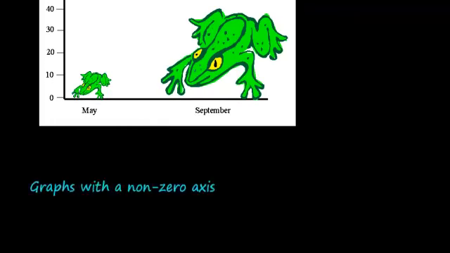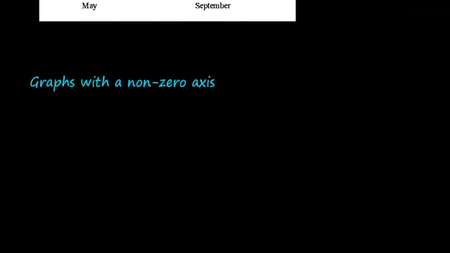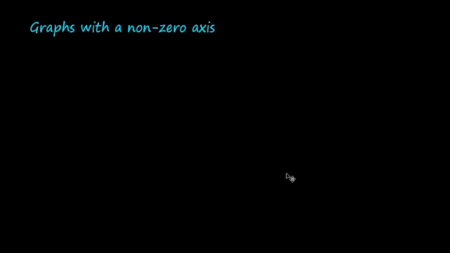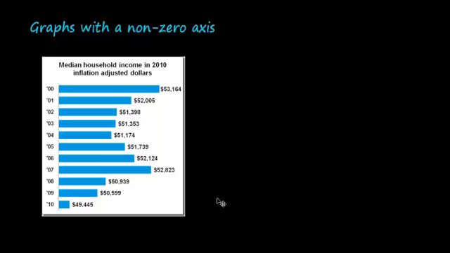Okay, the second way graphs can be misleading is when we have a non-zero axis. So let's look at how that would look. This is an example of median household income in 2010 inflation adjusted dollars. So for these 11 years, 2000 to 2010, they've recorded the median household income all adjusted for inflation to 2010 dollars. So if you look at the highest median income, which occurred in 2000,